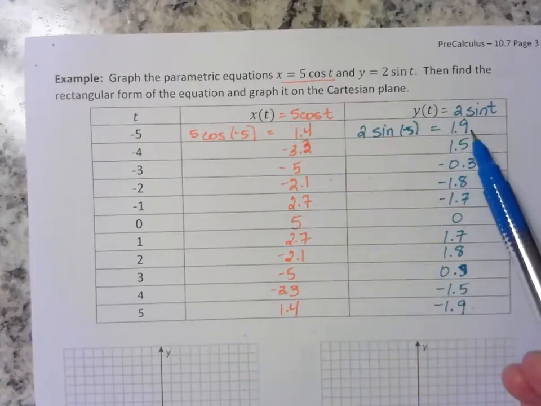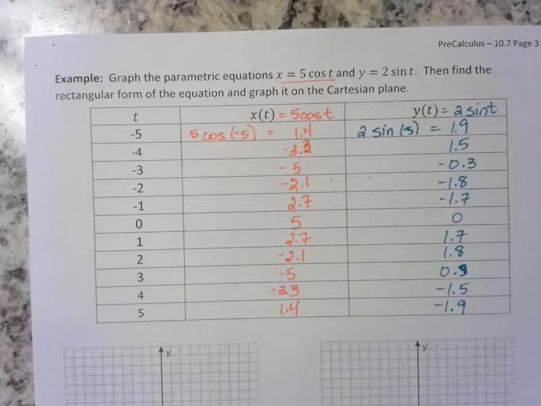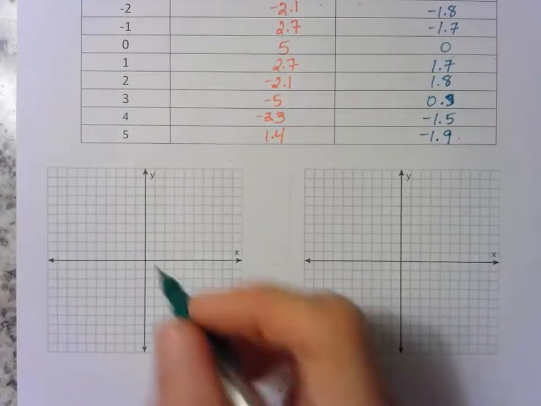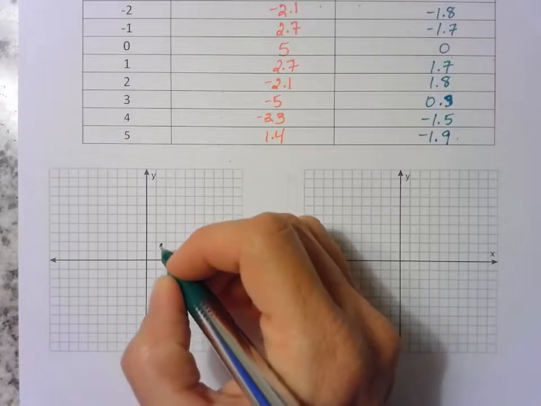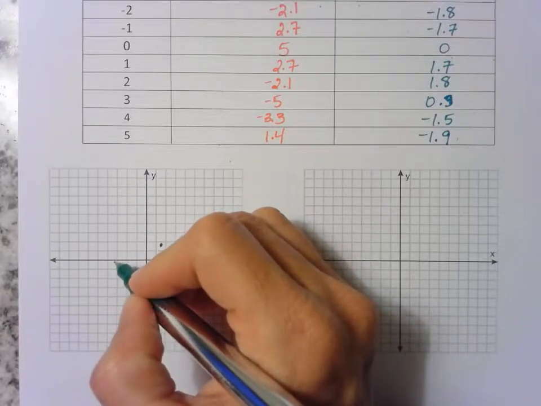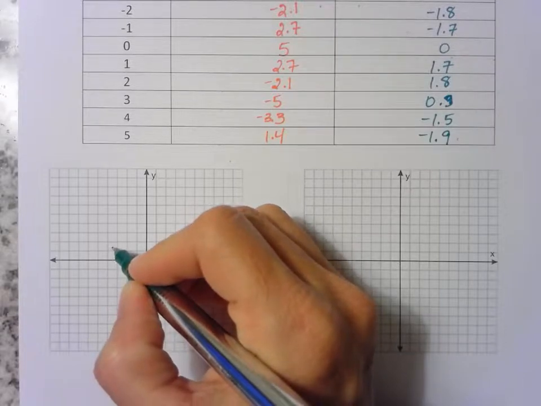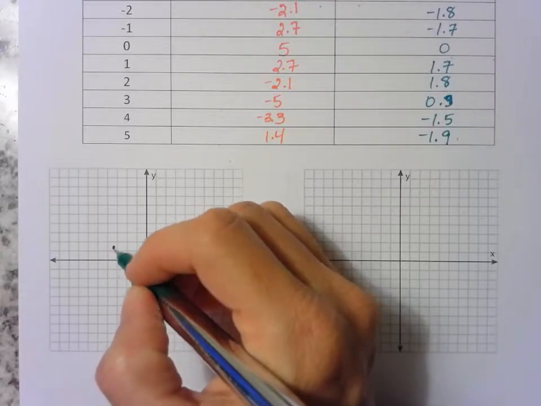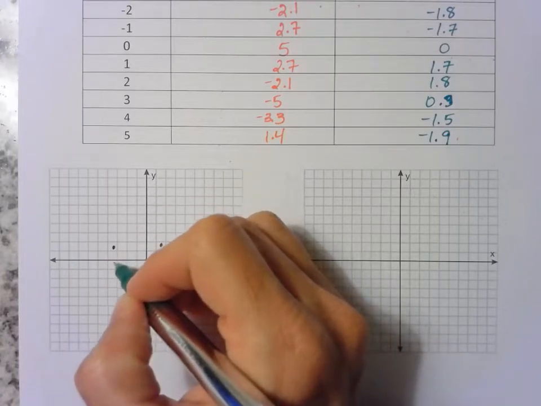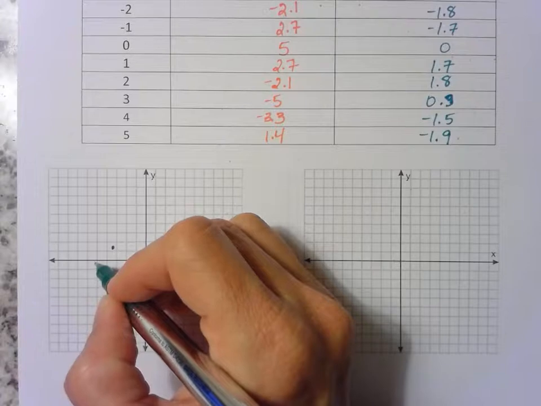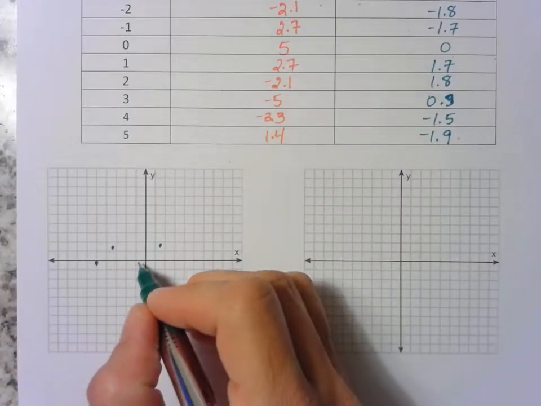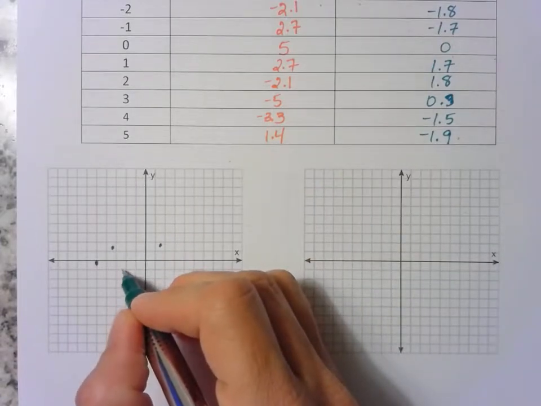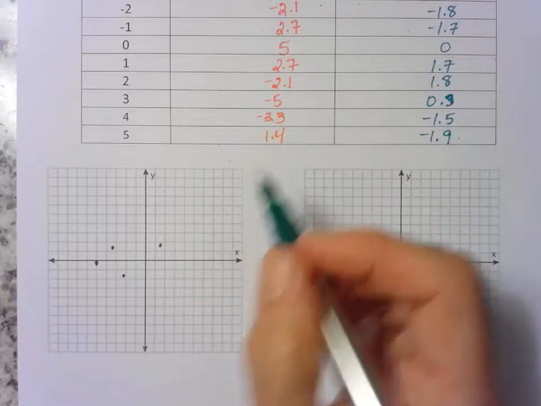So x is 1.4, y is 1.9. (1.4, 1.9), negative 3.2, 1.5, negative 5, 1, 2, 3, 4, 5, and negative 0.3, so really close to the x-axis there. Negative 2.1 and negative 1.8, 2.7,